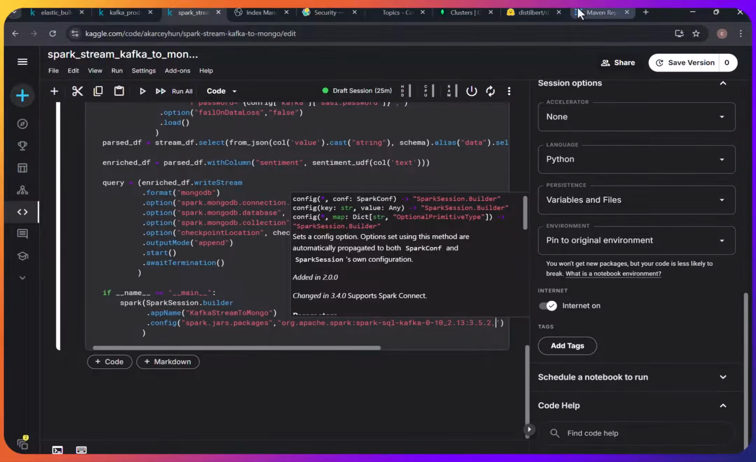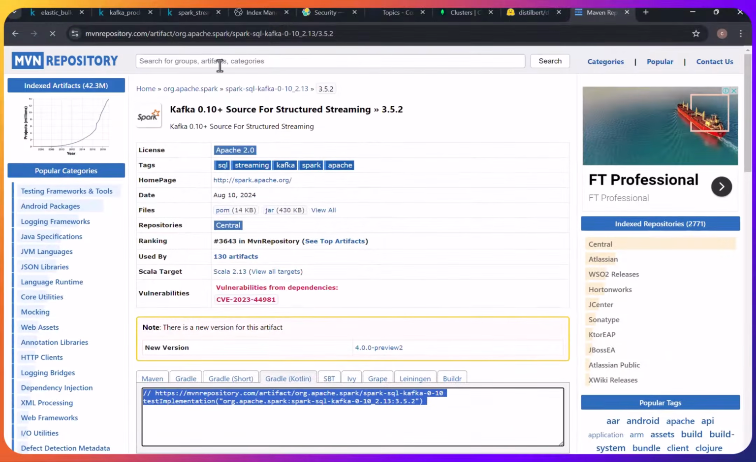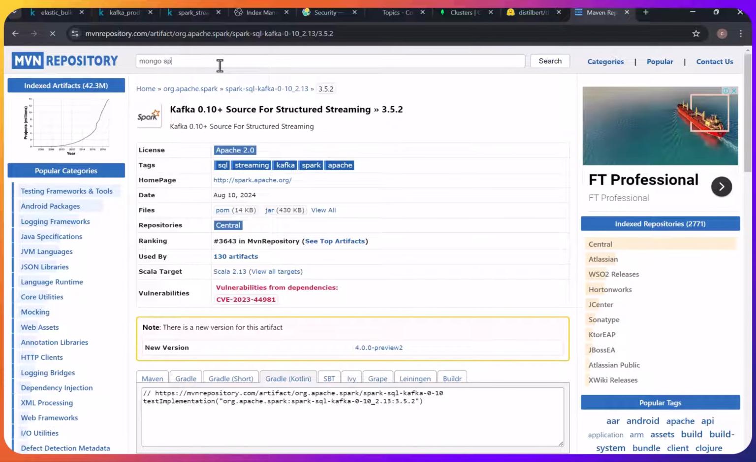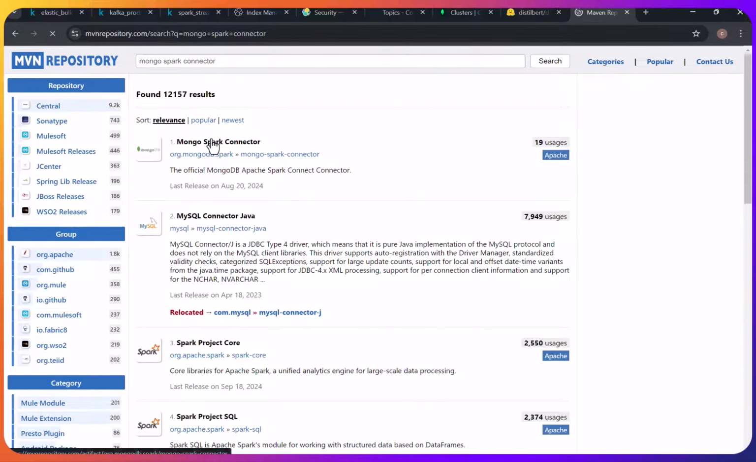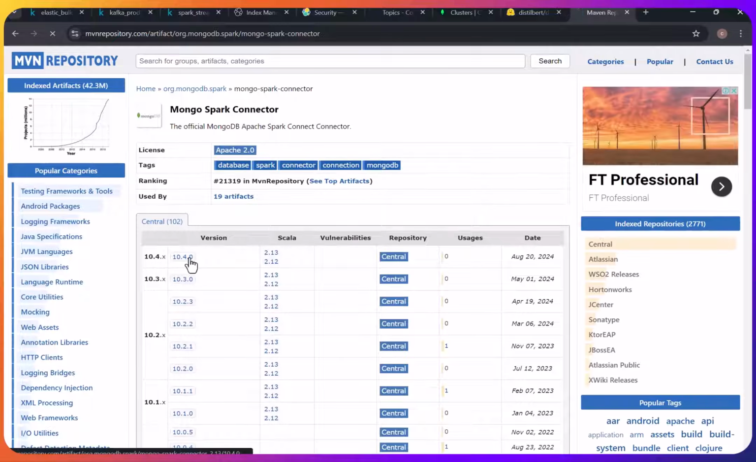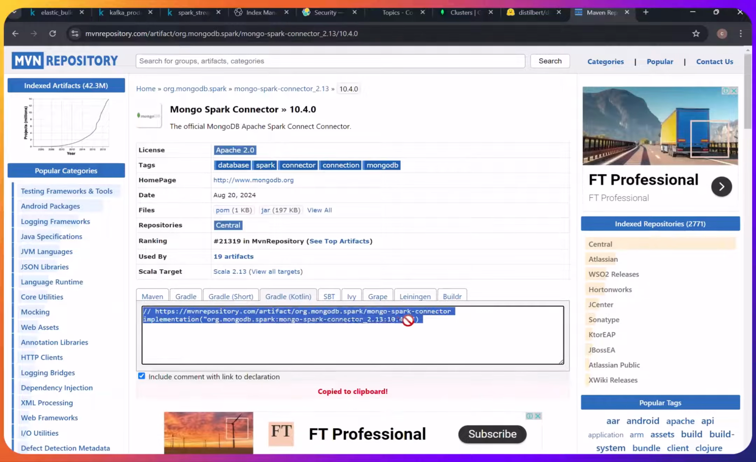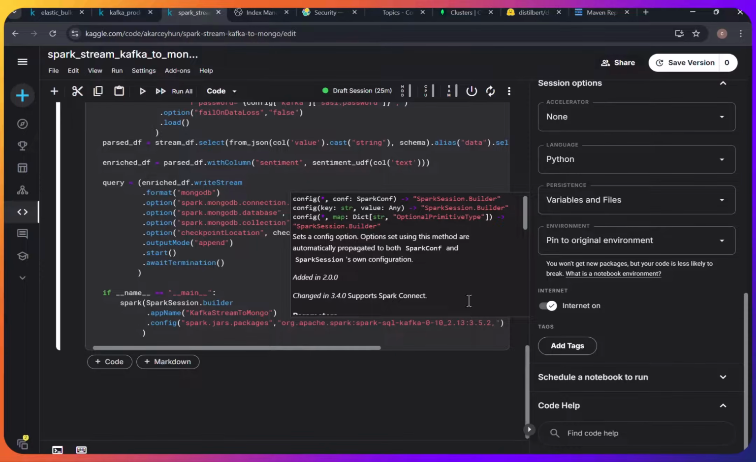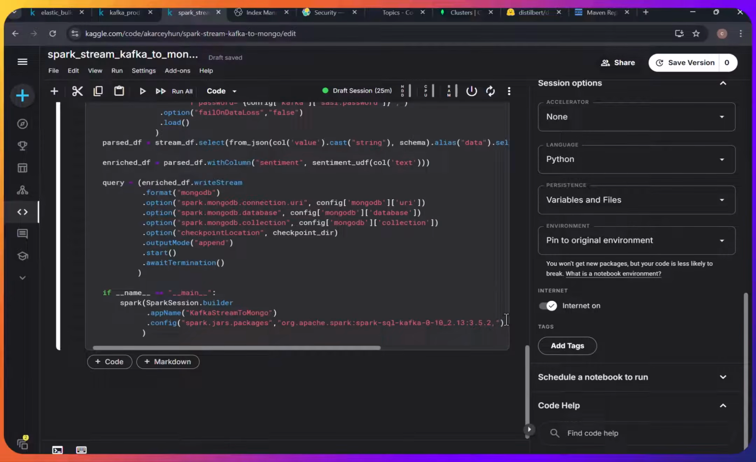Next, go back to the Maven repository and search for Mongo Spark connector. Again, select the latest compatible version and copy the library string from there. Now that we have all the required dependencies,